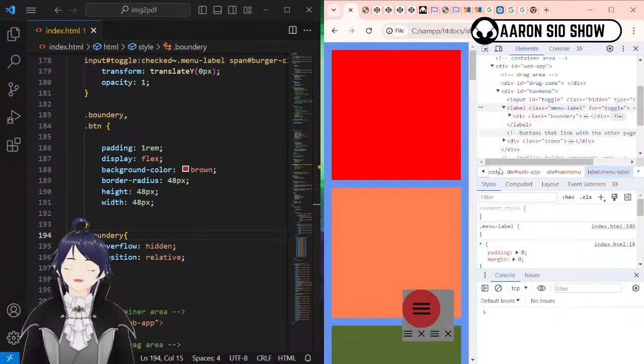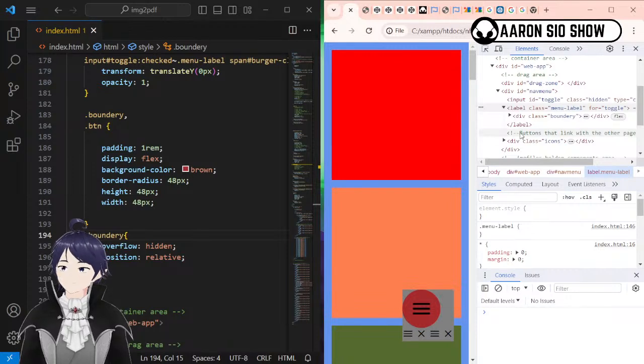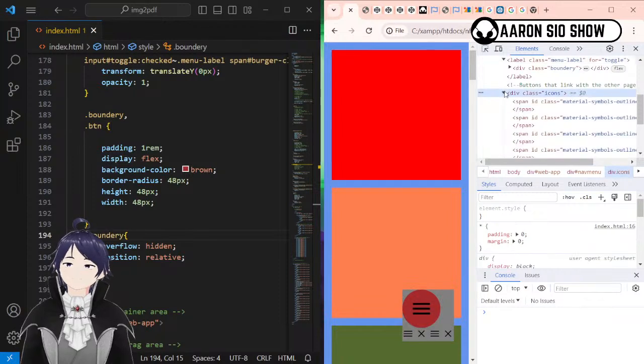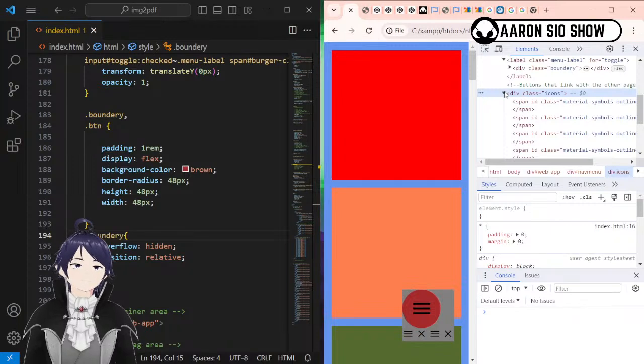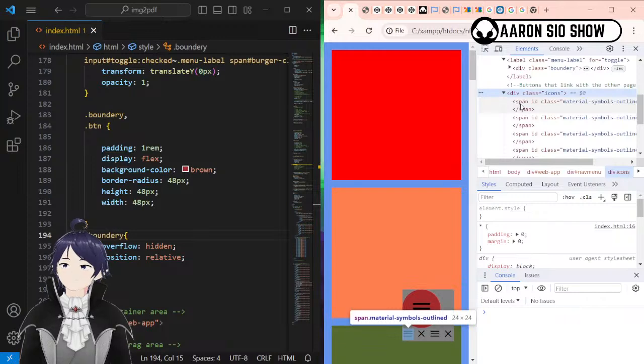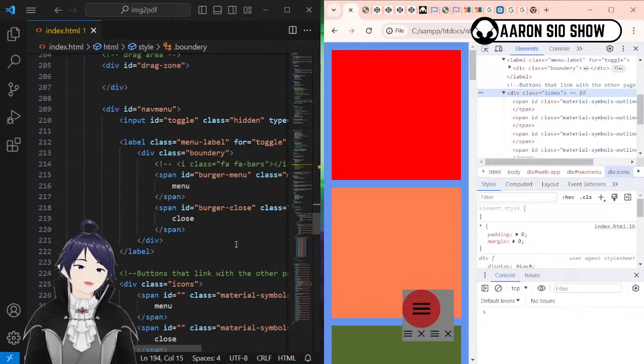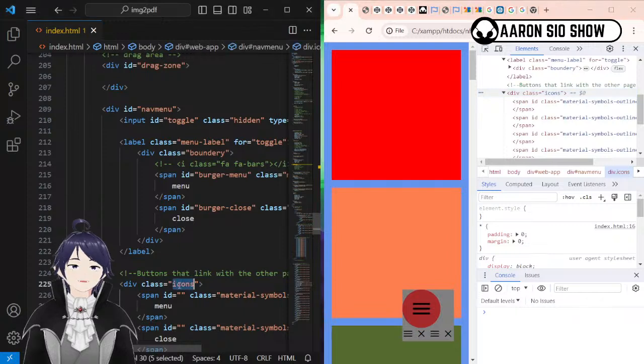So this is for the label. So we have the menu, now we have the items. So we have the class icons. I don't want to call it icons. Let's change this into